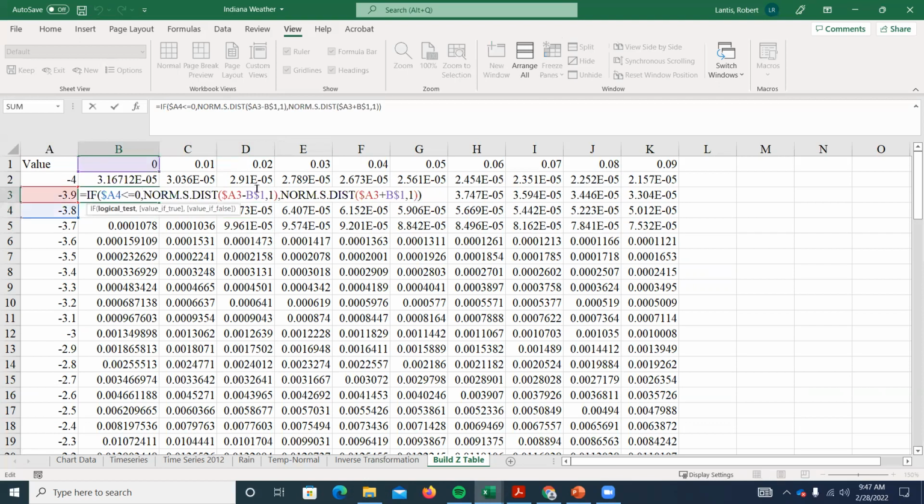So I set these if statements up so that if it was negative, I was subtracting the column heading because it's actually a negative value. And if it's positive, I'm just adding that column heading. So if I go across this row, it's going to continually take negative 3.90, negative 3.91, negative 3.92, and then